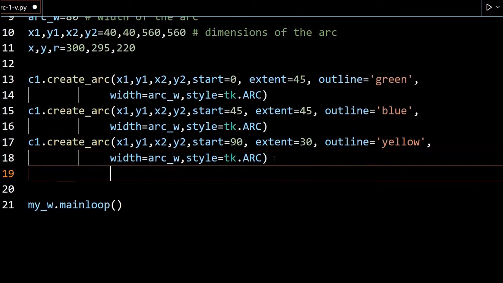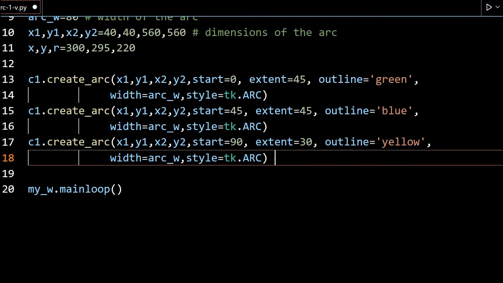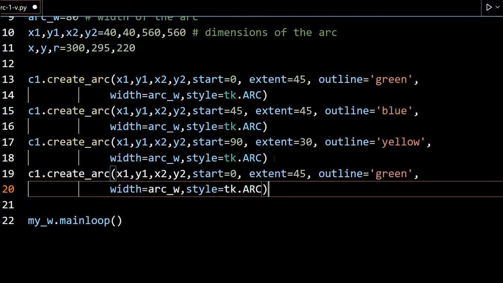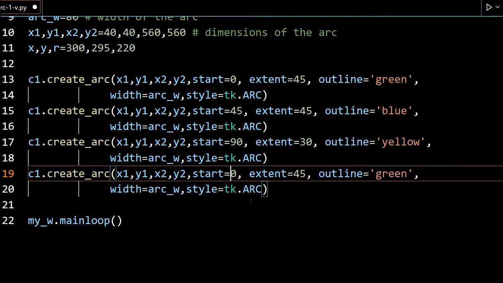Now here I am going for the fourth arc or fourth color, x1, y1. Start angle should be 120, because 90 plus 30 is 120. From 120 it will start.